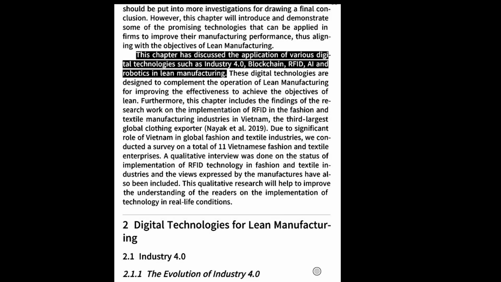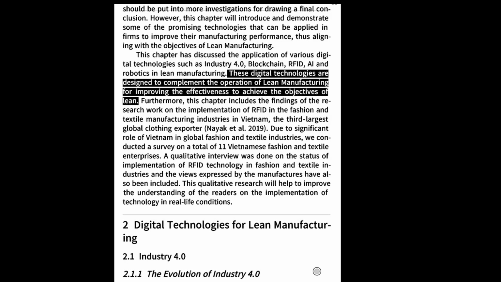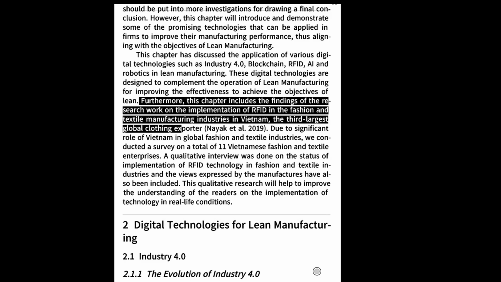This chapter has discussed the application of various digital technologies such as Industry 4.0, blockchain, RFID, AI and robotics in lean manufacturing. These digital technologies are designed to complement the operation of lean manufacturing for improving the effectiveness to achieve the objectives of lean. Furthermore, this chapter includes the findings of the research work on the implementation of RFID in